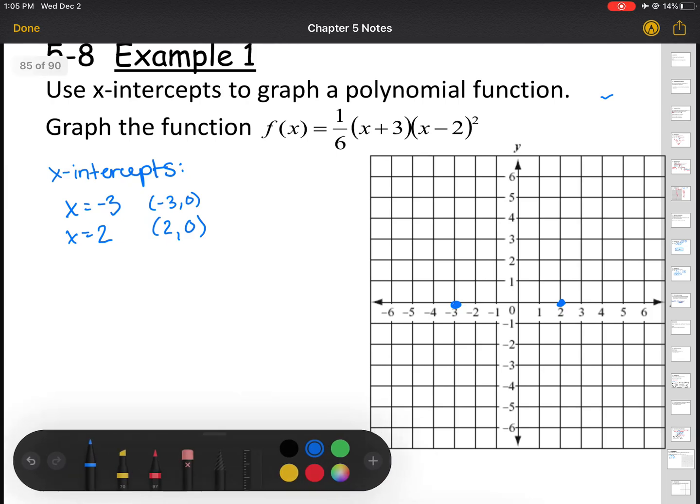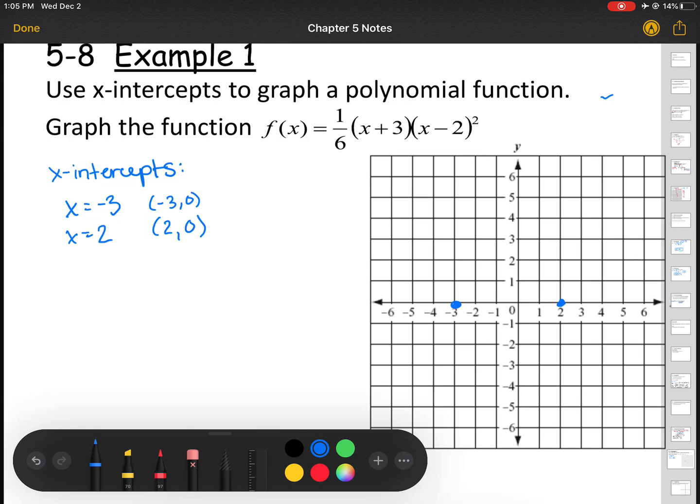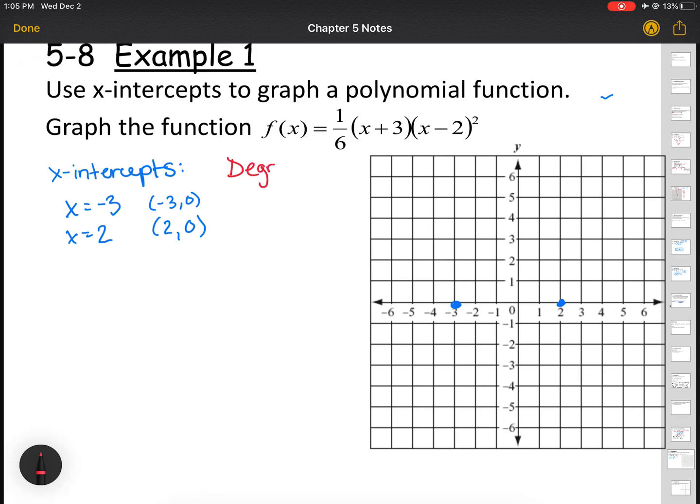And now we're going to talk about our end behavior a little bit, that we talked about in section 2. So our degree here, we have at most 3 factors because our x minus 2 is repeated twice. That means we have at most 3 solutions. So that'd be -3 and then 2 is repeated twice. Since we have 3 solutions, there's really a degree of 3, and our leading coefficient is that 1/6 here,